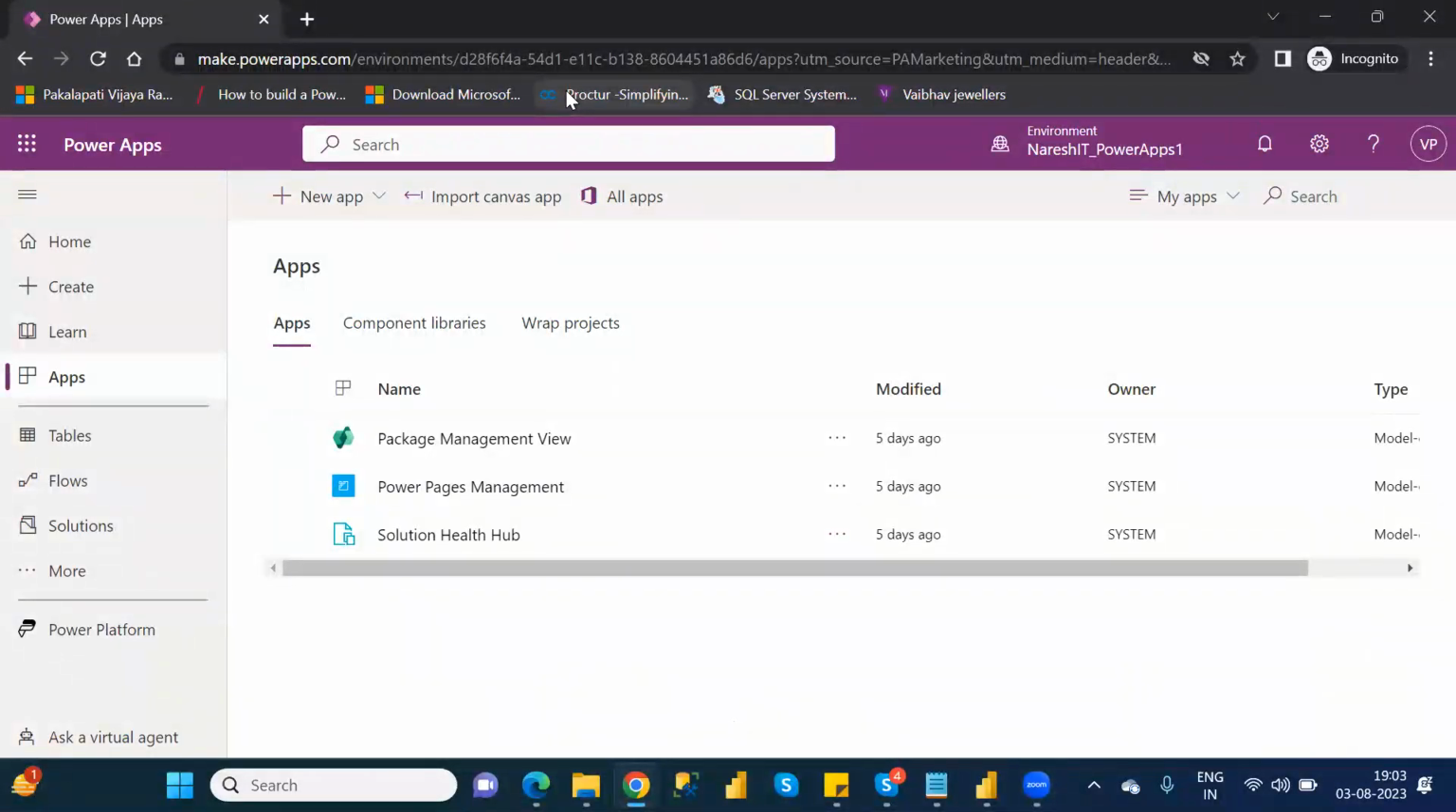Creating an app, so what are the elements we are using, and each and every point we discuss in that one. Okay. So today, first of all, we need to store the data in Power Apps. If you want to store the data in Power Apps, here in Power Apps we have an option